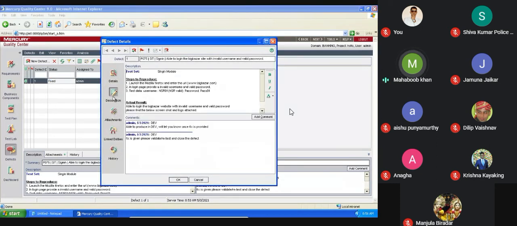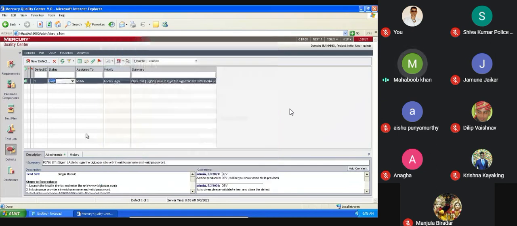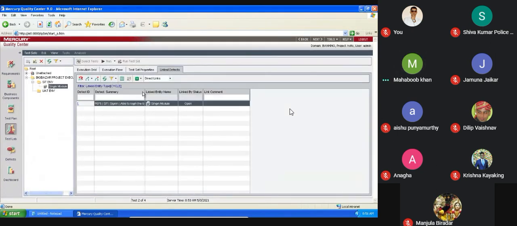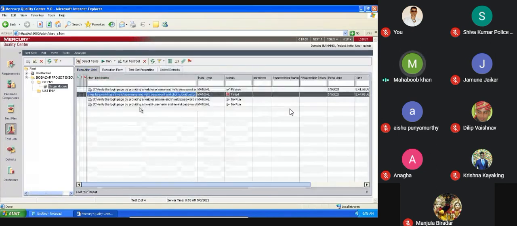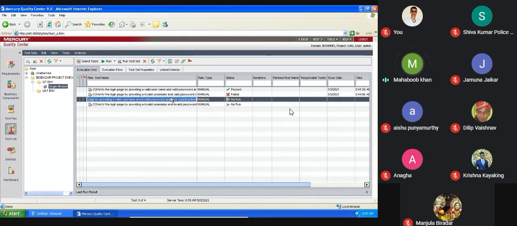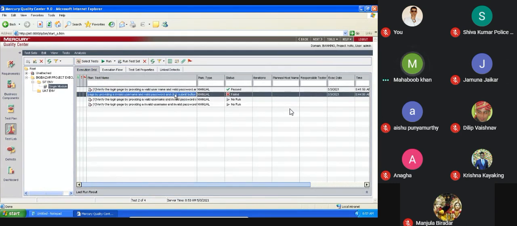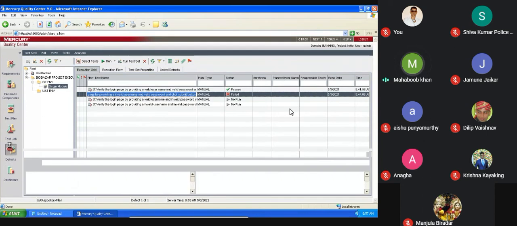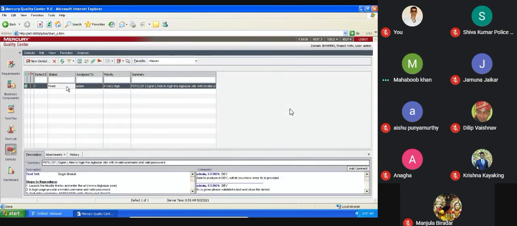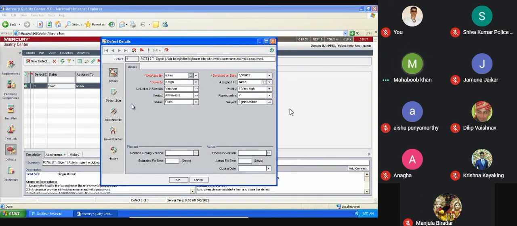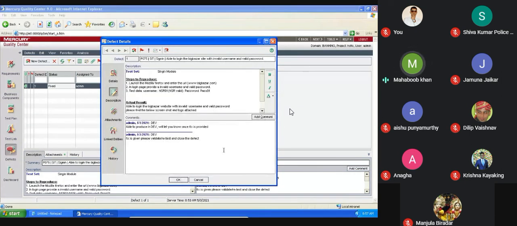Whatever test case failed in the test lab, I will try to run that test case. If it passes, imagine all the things are done, then I will open this and write down the comments: test comments, this is cycle 1, guys.